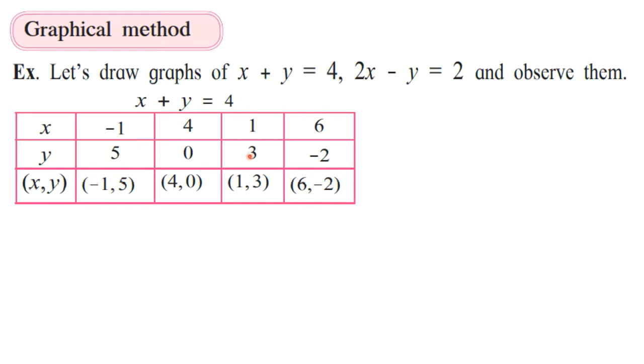But you know that from three different points we can draw more than one line. But if the 3 points are collinear, that means only one line passes through them. They are on the same line. So we should take at least 3 points.